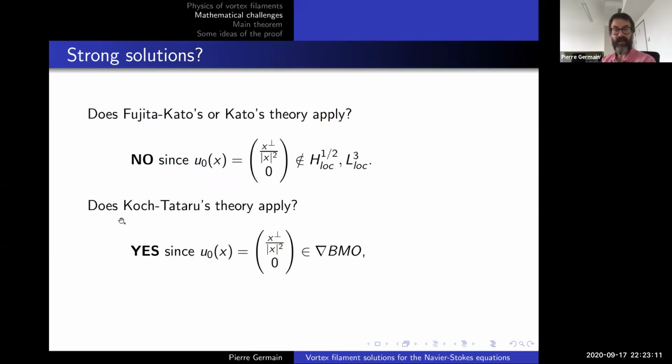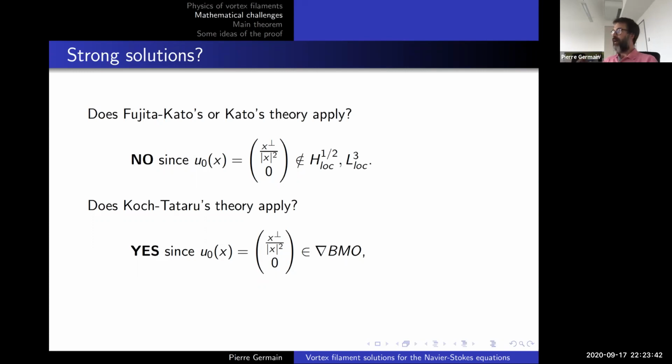And the good news is that the Lamb-Oseen vortex is the gradient of a BMO function. Well, now the bad news is that if you look precisely at the Koch-Tataru theorem, it requires that either you are the gradient of a BMO function and you are small,